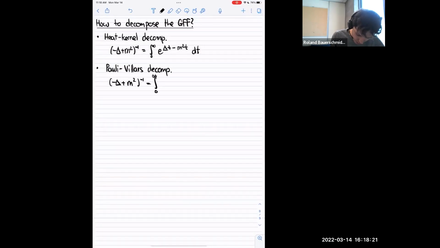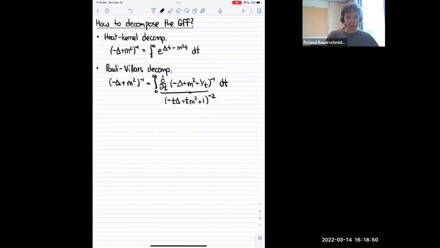So we take the integral from 0 to infinity of dt of the inverse of Laplace plus m squared plus 1 over t, dt. So explicitly, this is